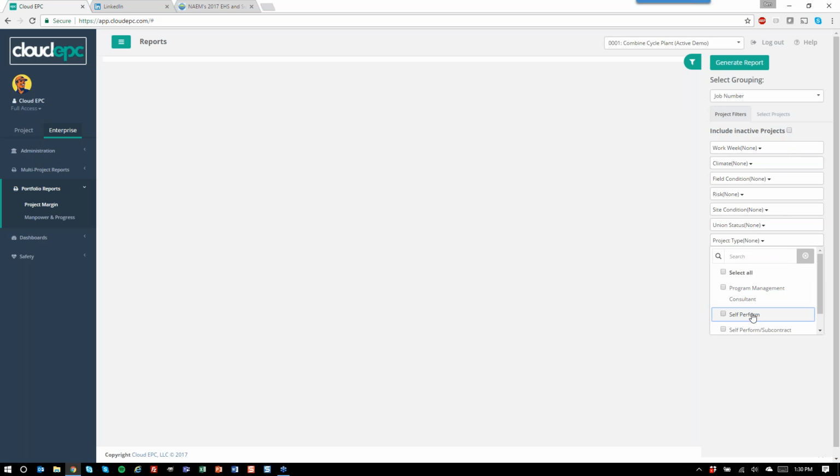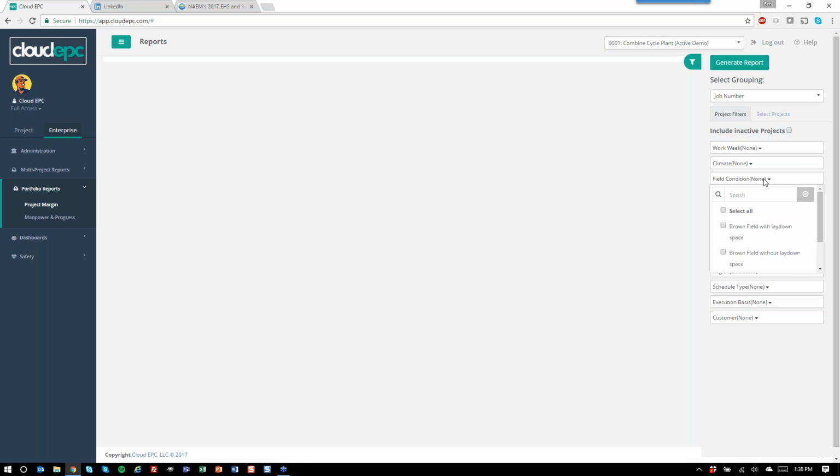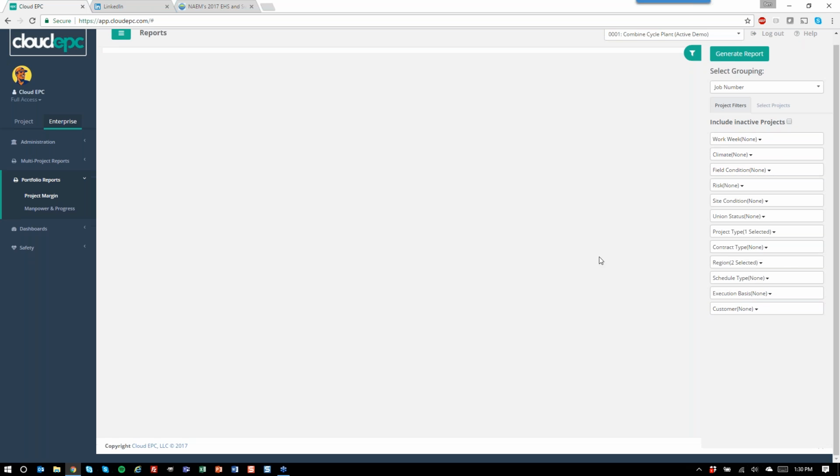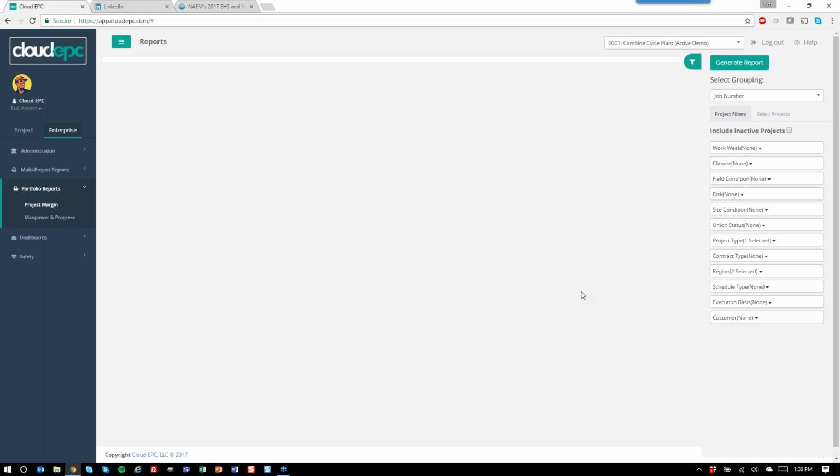like I mentioned, you can run, I want to look at reports that are self-perform. I want to look at reports that are maybe just the U.S., Midwest, and Northeast. And I want a particular report that only shows greenfield projects. You can start slicing and dicing your data with those attributes any which way. So we're really proud to say the power of the system is something that our clients are really enjoying, and our ultimate goal is to let you take advantage of the data that you're already capturing.